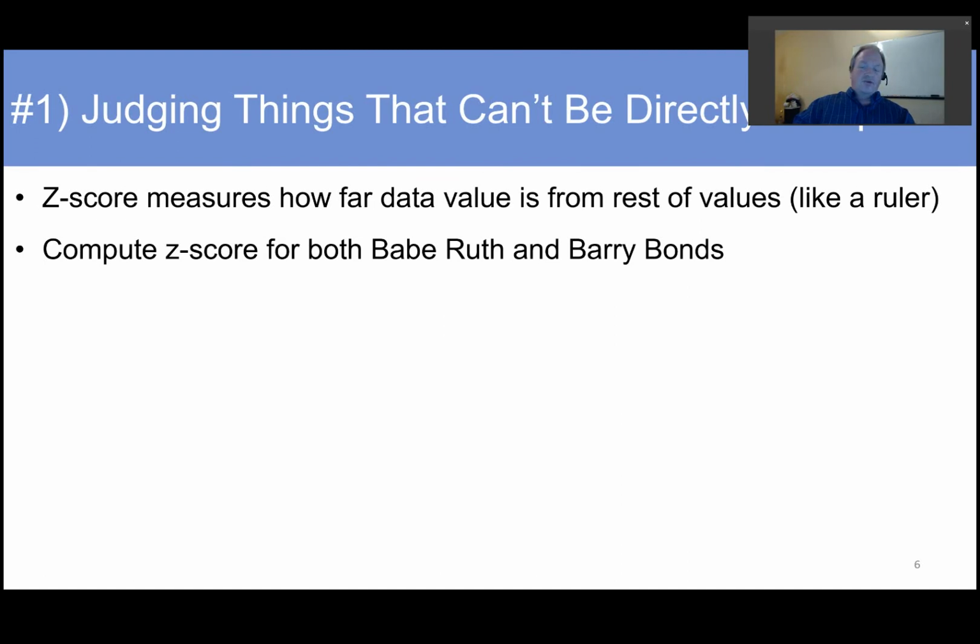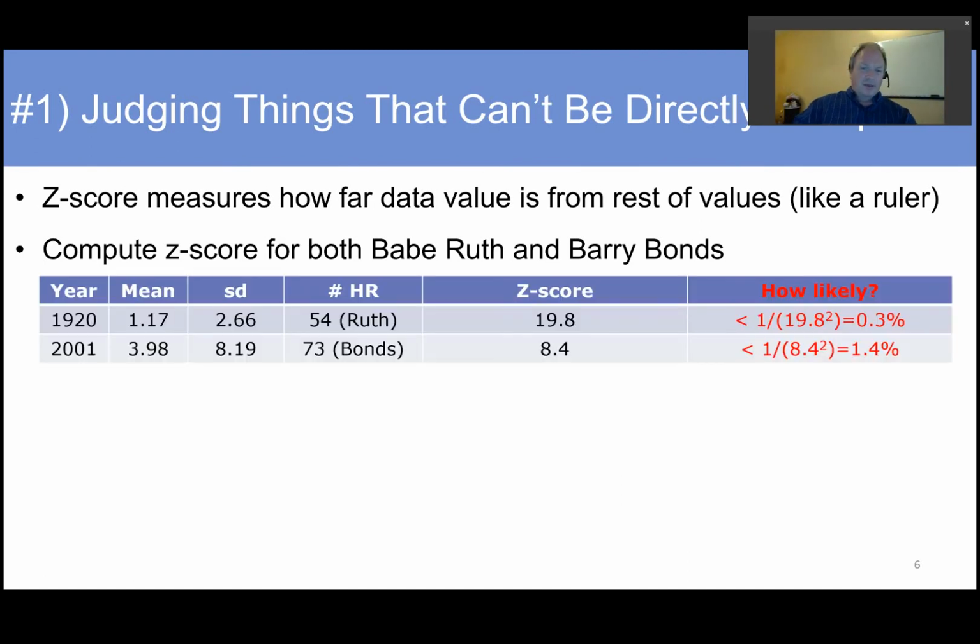So again, the z-score is going to tell us how far away from the mean each player is. And when we do that, here's what we have. So the summary statistics from 1920, we had a mean of 117, standard deviation of 2.66, and Babe Ruth has a z-score of 19.8. Okay, that's amazing. I mean, I've seen a lot of data sets, and I've seen very few where a data value actually comes